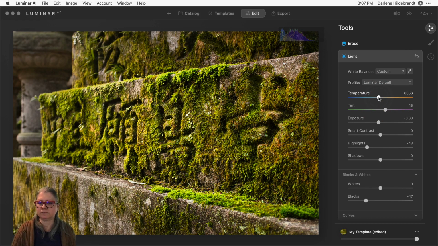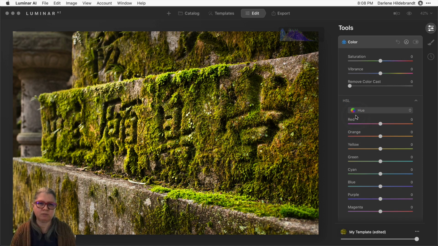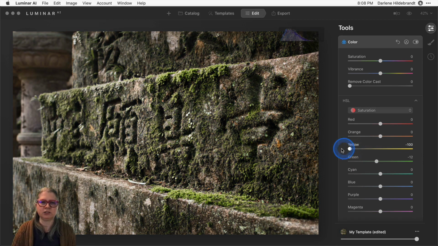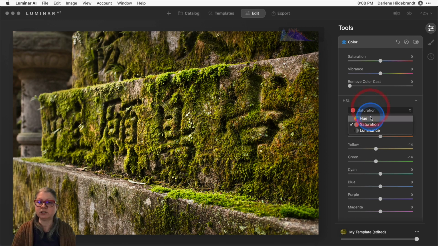So we're getting close. Next, let's go down to the color panel to fix our saturation problem. So once again, I'm going to go to saturation and dial down the green, but also the yellow. Okay, so you'll notice that when you're dealing with anything natural, grass, leaves, foliage, it has both yellow and green. So you're going to want to use both sliders until you get the look that you want. And I'm also going to adjust the hue. Okay, so the hue is the tint.